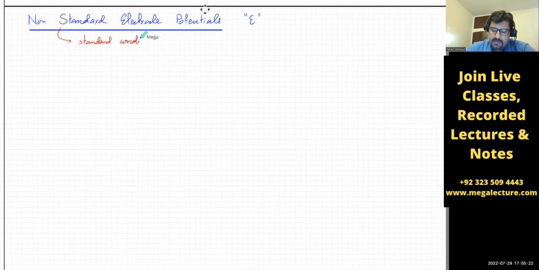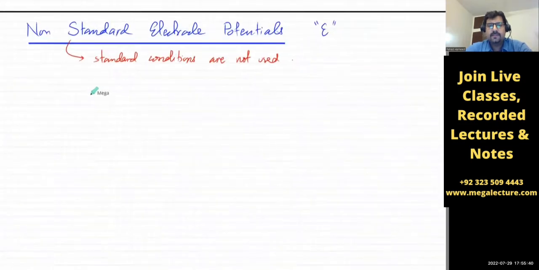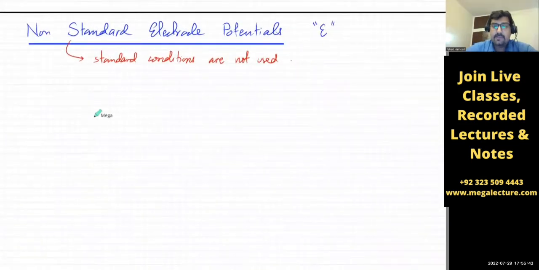Okay, so that just simply means standard conditions are not used. So it's very simple. Okay, your potential will change. The electrode potential is going to change if you change the conditions, because remember, all electrode reactions are